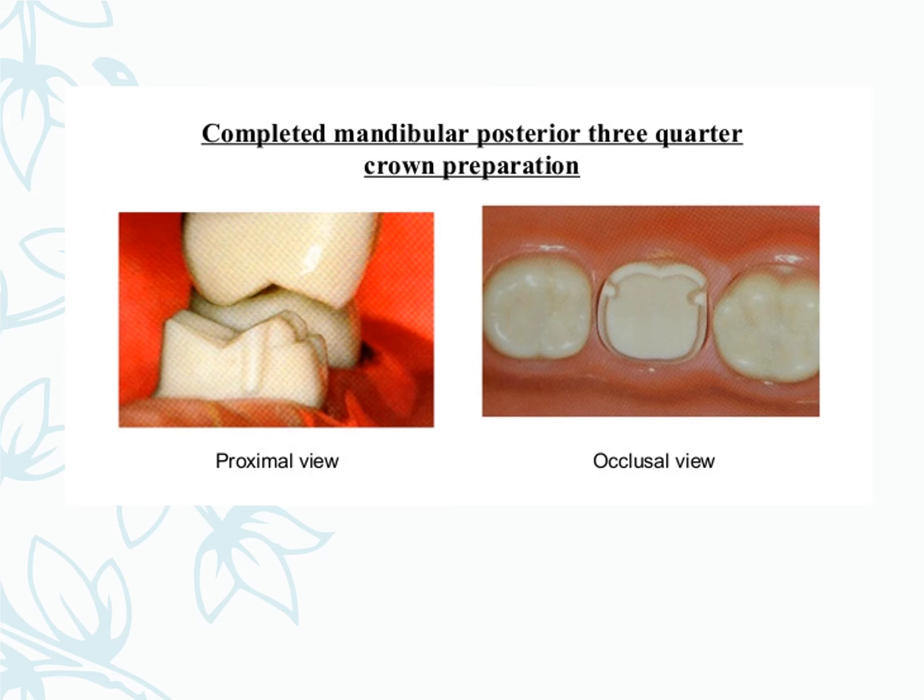And you can give additional grooves in the proximal view. If you see, there's a small ditch or notch-like preparation, or you can also call it a dovetail. These are for additional retention. By giving such preparations, and by increasing the surface area, you are improving the retention of the crown, and also you are preventing the crown from rotational forces, because the crown can rotate in a mesiodistal direction.